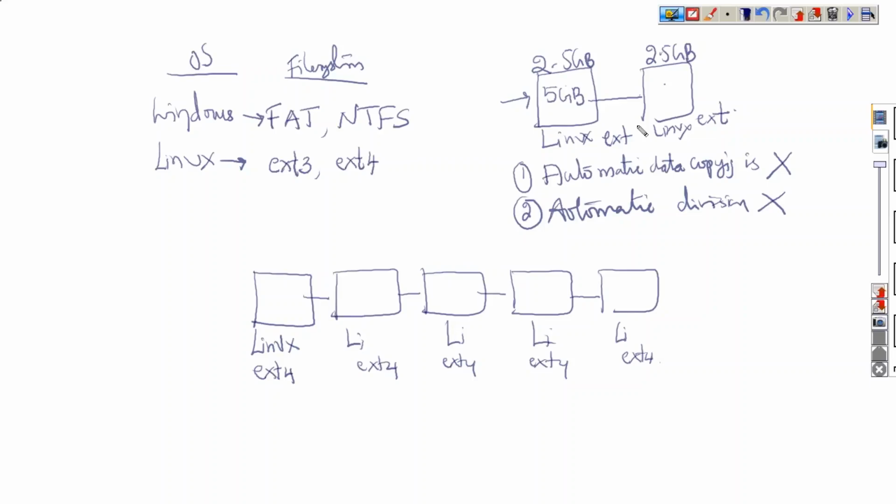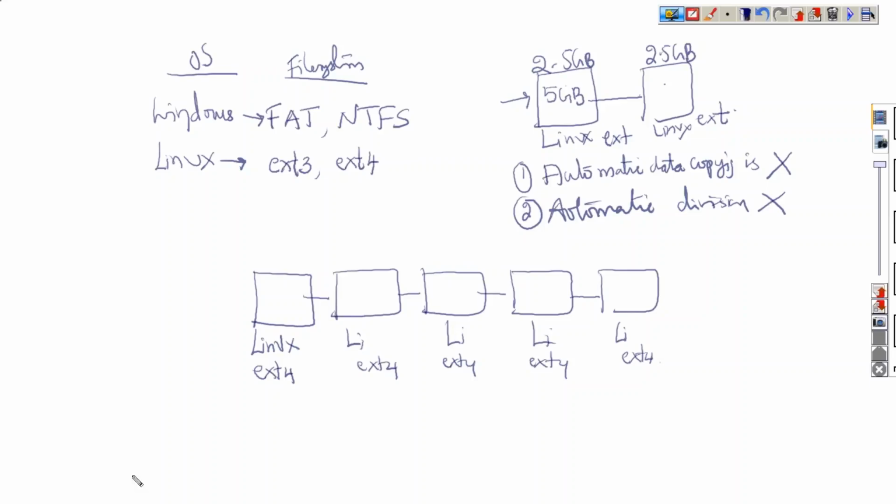One file system is in the first node and another file system is in the other node. As they are different, they have no relation to each other. So automatic replication or automatic division of data is not going to happen. Remember these 2 points. If you understand these 2 points, it's very easy to understand HDFS.